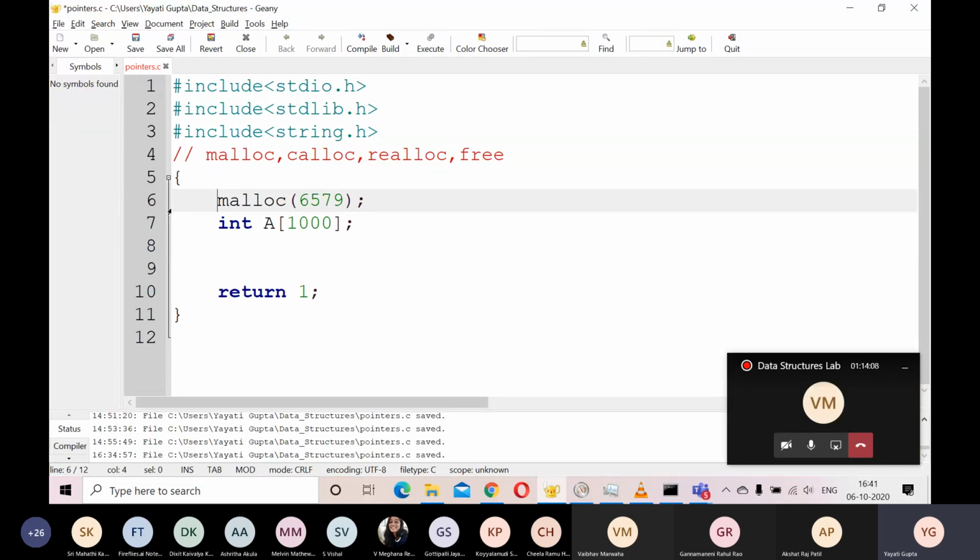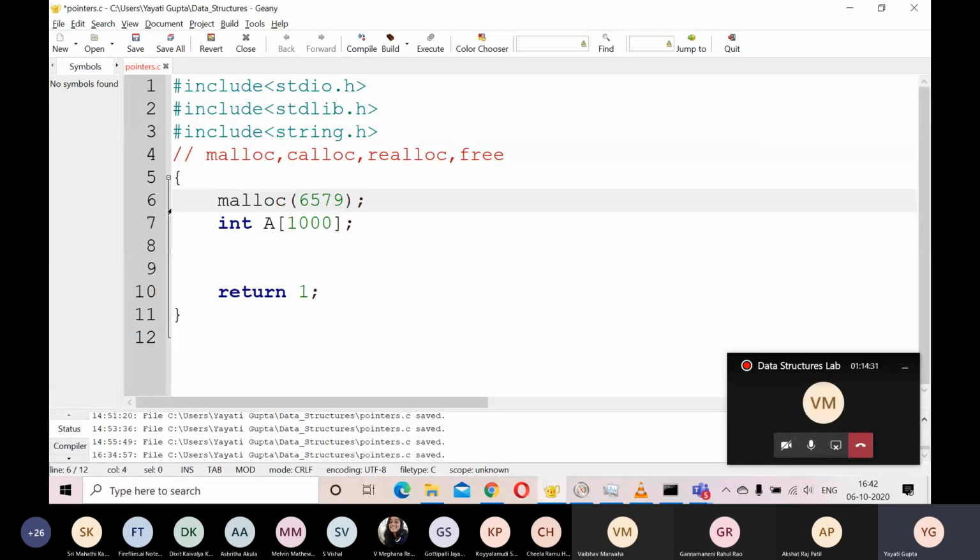Okay, what kind of pointer can it return? See, malloc doesn't know for what purpose you are going to use this memory. You have just told this function that you need this much memory, but you are not telling it whether you will use it for an integer array or a character array or whatsoever.